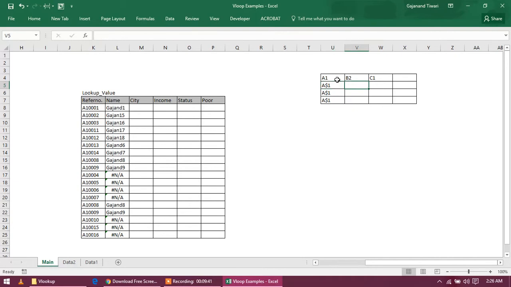If I do Control D, referencing is a very important tool. I'm going to change the column. So here the row will automatically change to 3, and if I put